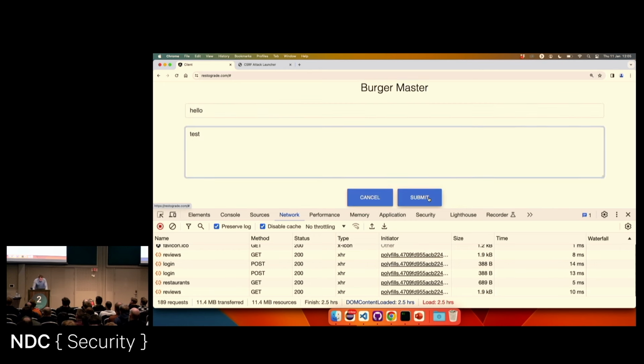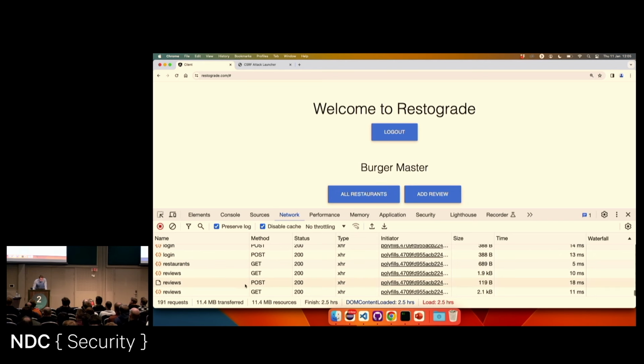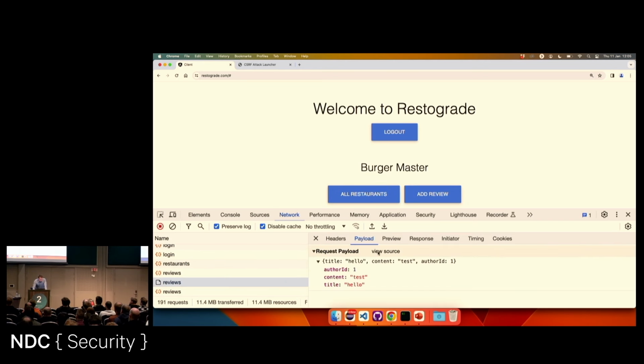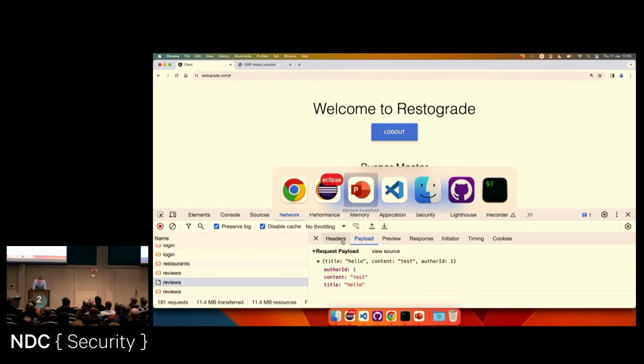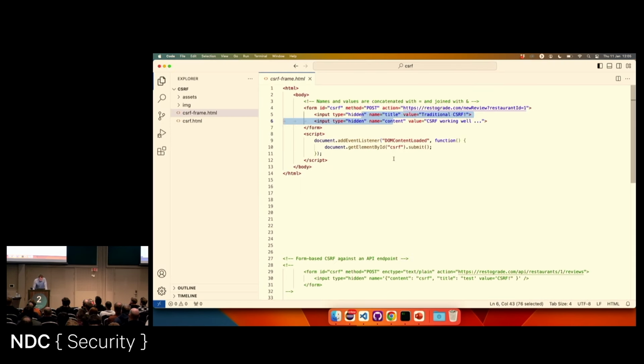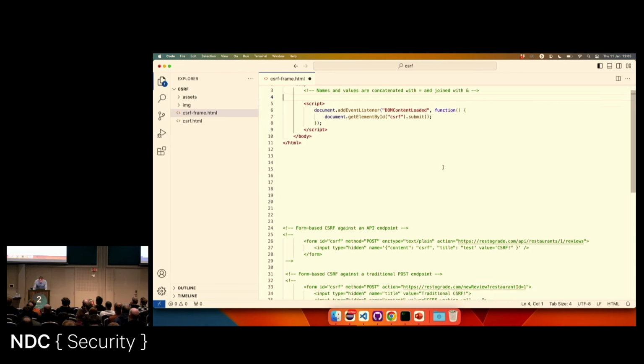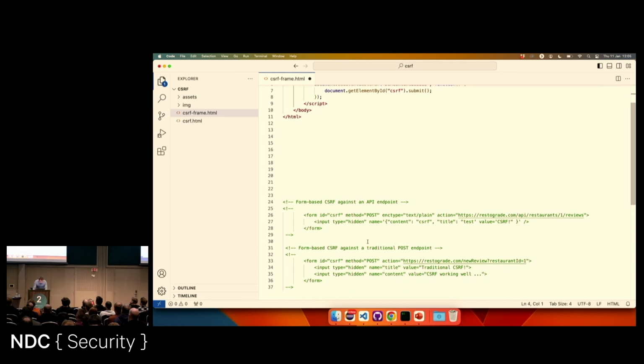hello test, and submit this. And you can see that the post here now contains JSON data. That's essentially what the application is submitting and what the API is processing. That's essentially how the API works. Now, to carry out a CSRF attack against the API, we can do both approaches. So let me first do the form-based submission. So let's remove this form. That's the old one. We don't need that anymore. And let's copy-paste the one from below